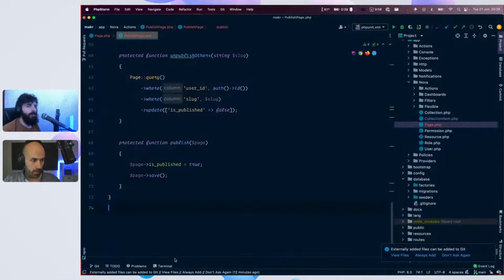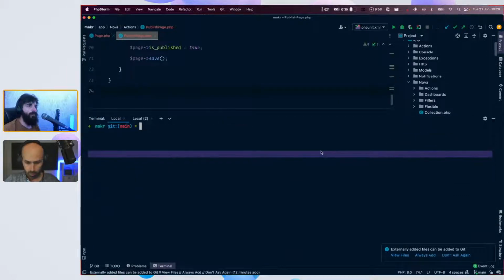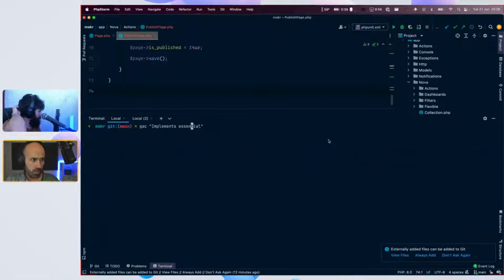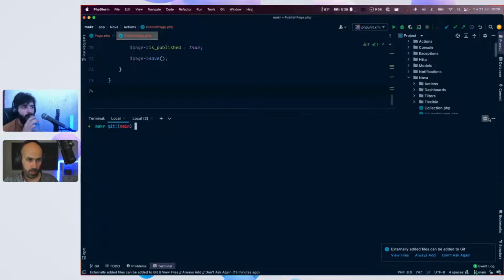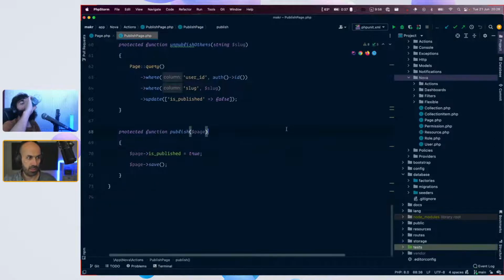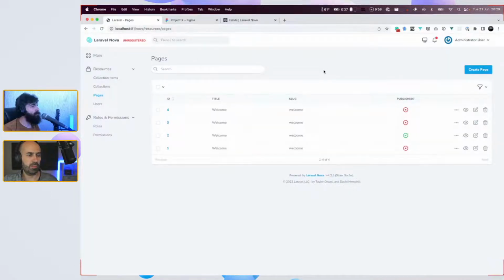All right. So what are you thinking for those buttons? Right now I'm going to save. Basic or essential. This commit implements essential page workflow. Whoa, mistaken. It's gone. I don't care. I didn't see it. It was a typo. Okay, so what am I thinking, Francisco? You were asking.